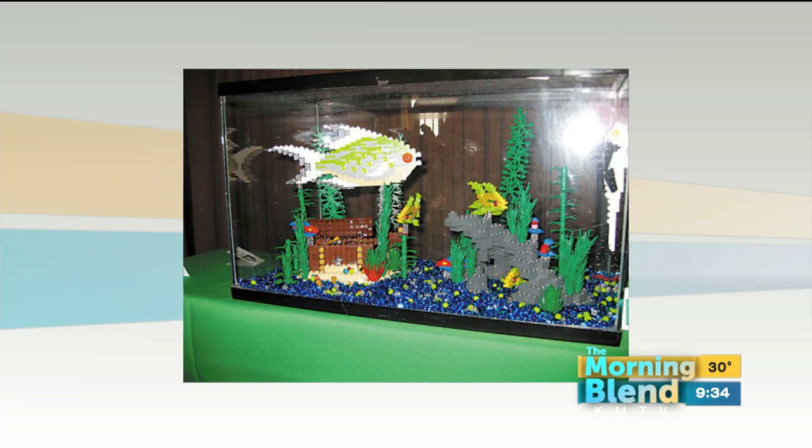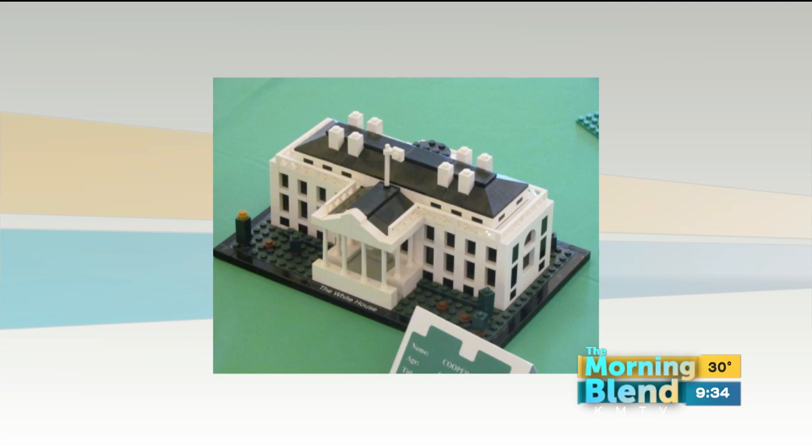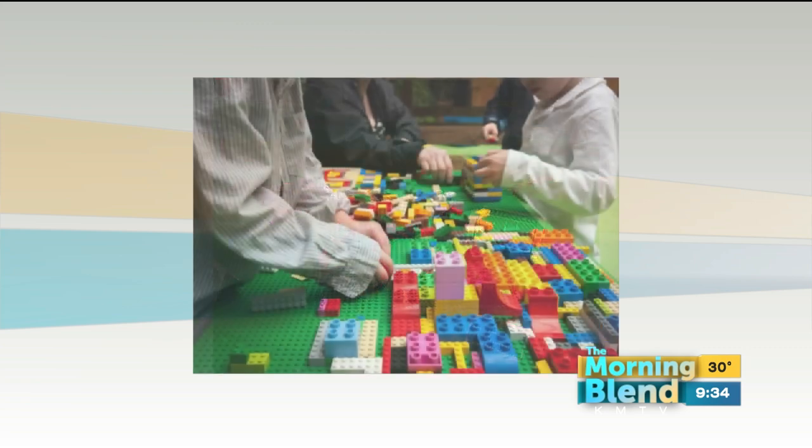Tell us who can build and what that competition's all about. Well, everyone can build, and it's great to see people inspired by this exhibit. And the Omaha area really does have some amazingly talented builders. So we have the Lego Brick Sculpture Invitational on February 18th. It's open to the public from 1 to 4 to view, but you have to register by February 14th in